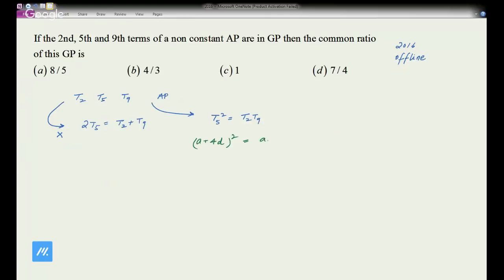ये कितना हो गया, A+D, और ये कितना हो जाएगा, A+8D, यही होगा। तो अगर तुम कोशिश करो इसको सॉल्व करो, तो ये कितना हो गया, A² + 16D²। एक ही बार ज़्यादा दिमाग नहीं लगाना चाहिए, सिंपली सॉल्व करना शुरू कर देना चाहिए।